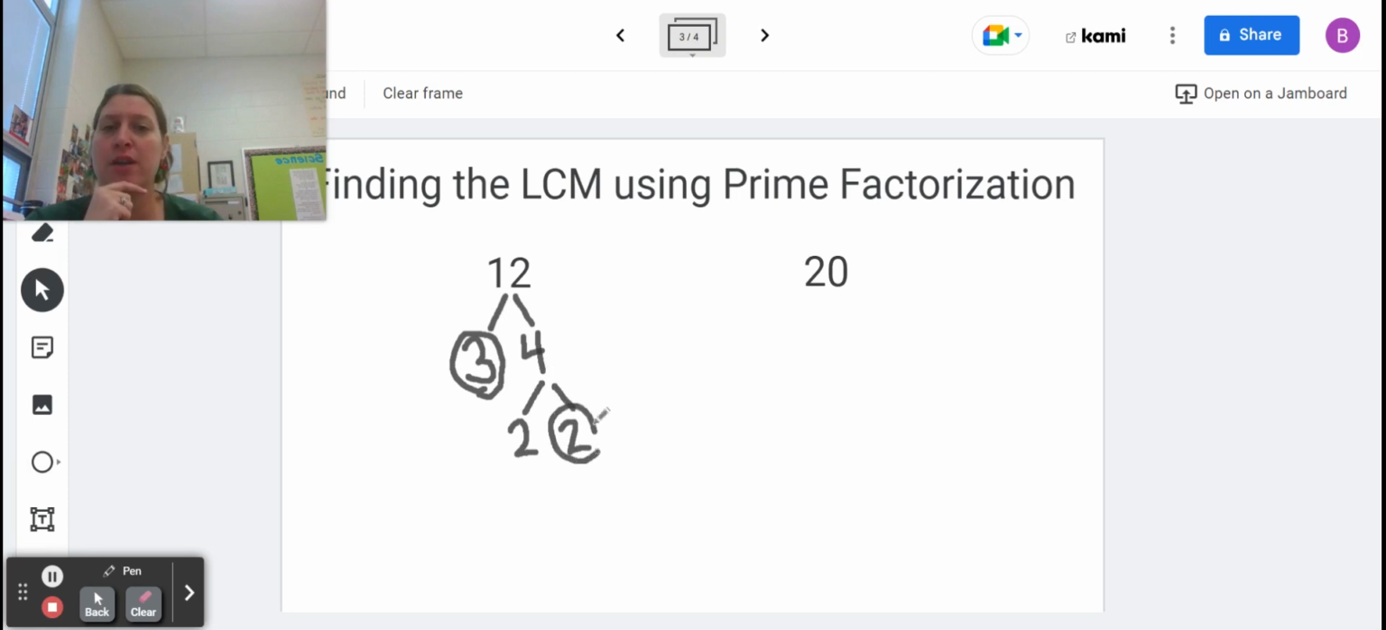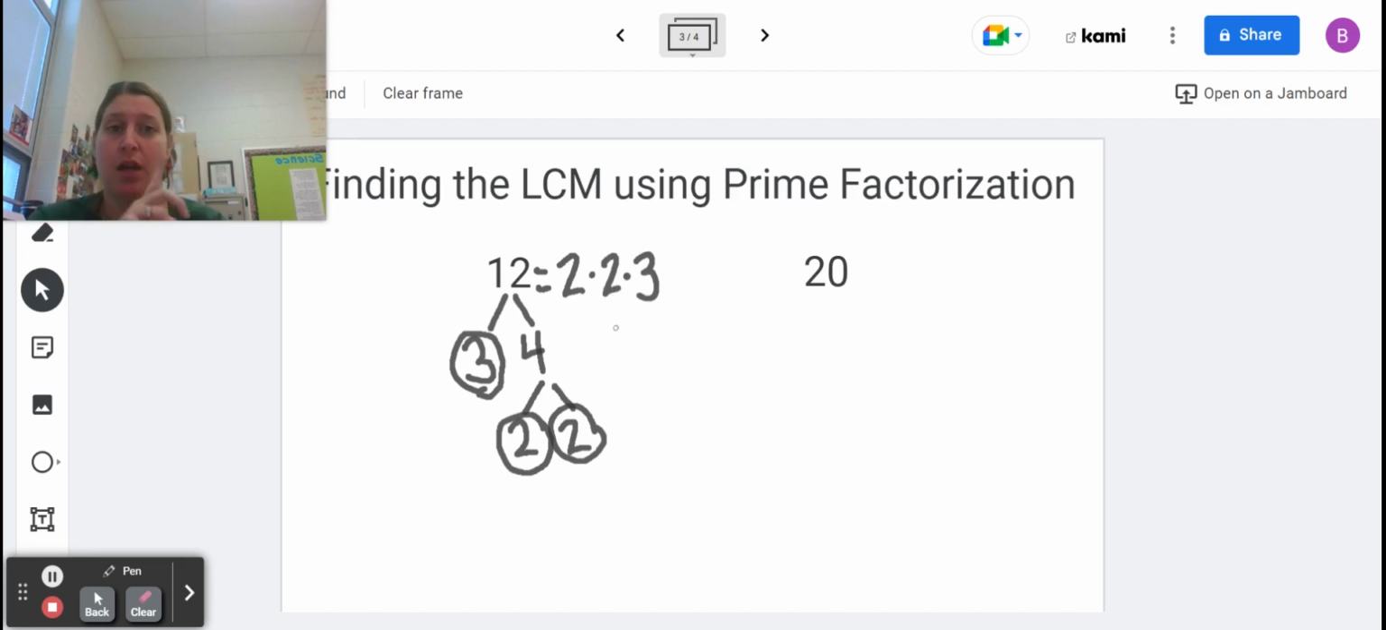I'm going to circle them because we now know that 2 is prime. And I have a circle on the end of each of my lines so I know I'm done. So my prime factorization for 12 is 2 times 2 times 3. For this, I do not want to put them in exponents, so I'm going to leave this as 2 times 2 times 3. So now I'm going to move over to 20, and I'm going to find the prime factorization